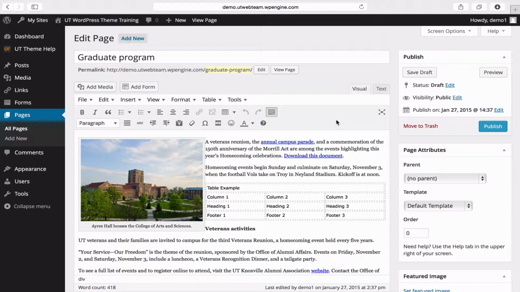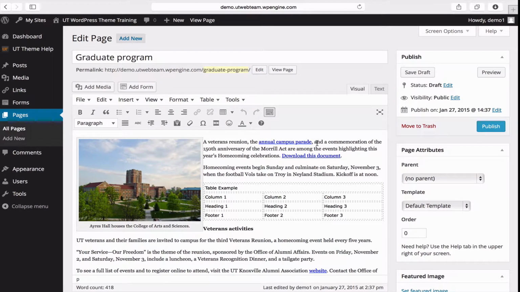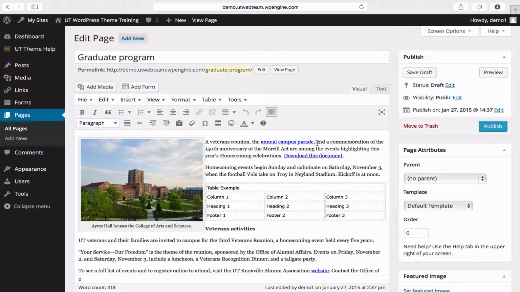This is the fourth video in the series. This is Pages Part 2, picking up where Pages Part 1 left off. We created a page called Graduate Program. We have content, an image, a PDF, and hyperlink text. The next thing we need to do is to assign the meta information for the page as well as publish